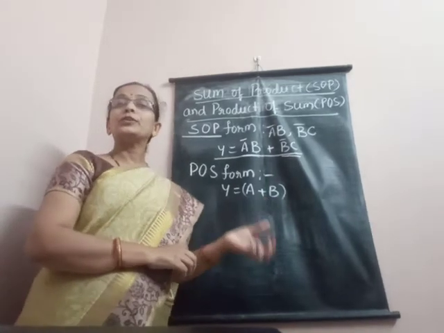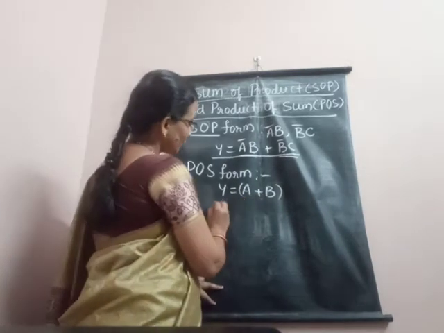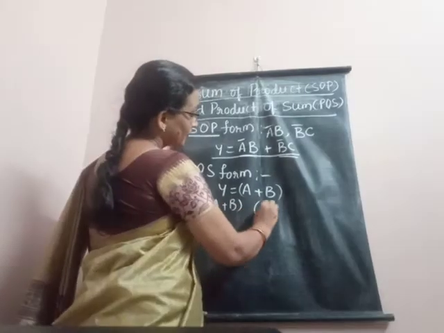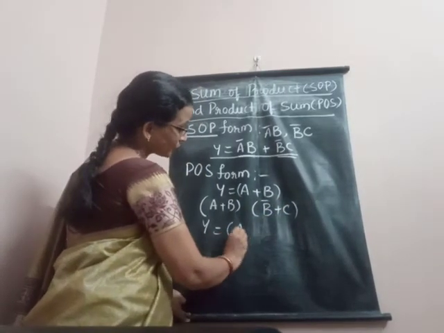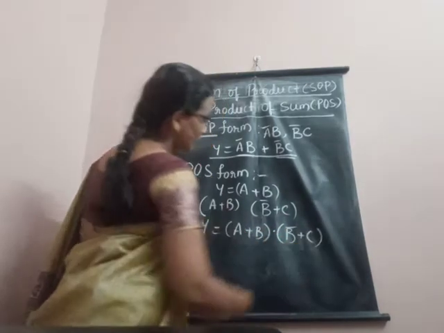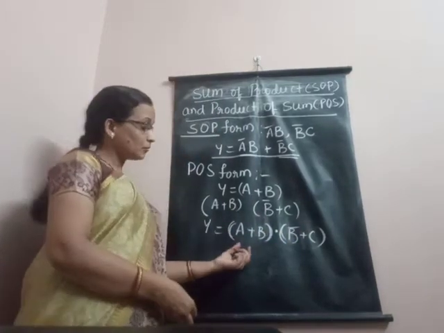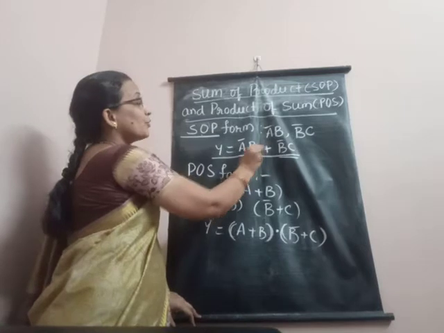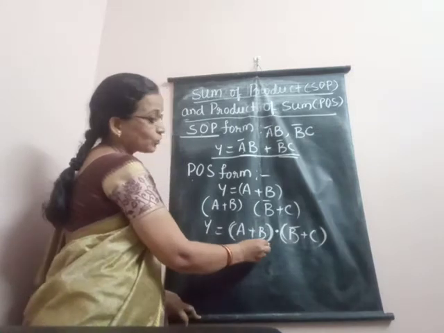The logical product of two or more logical sum terms is known as product of sum form. Assume that A plus B is one sum term and B bar plus C is another sum term. If we AND these two sum terms, then that becomes product of sum form. This is one term, this is another term. So a sum of product term is nothing but ORing of ANDed terms. A product of sum term is nothing but ANDing of OR terms.